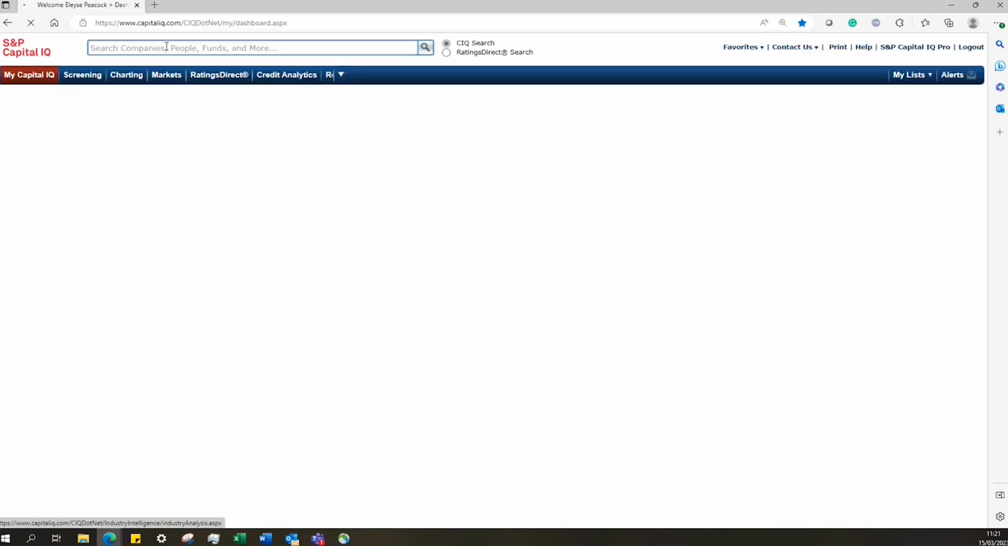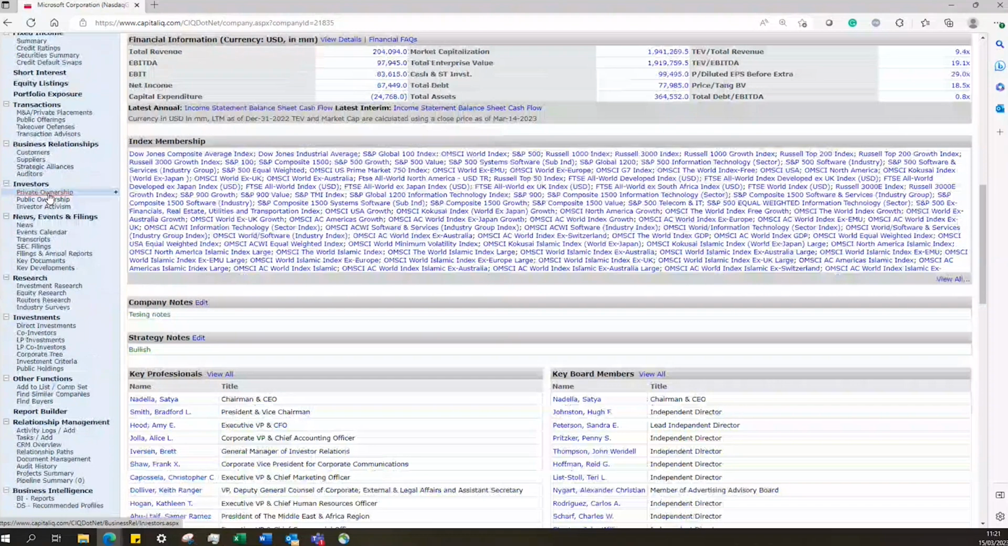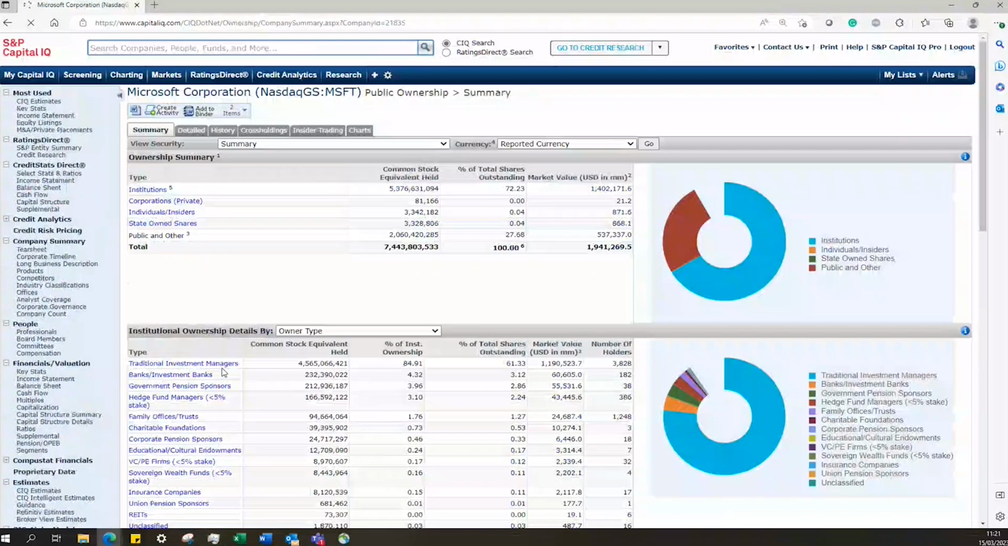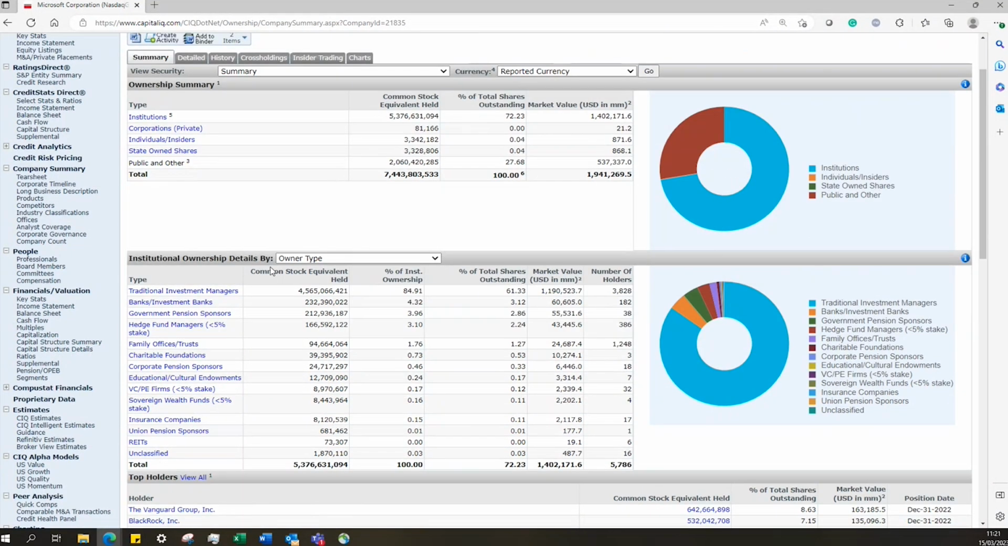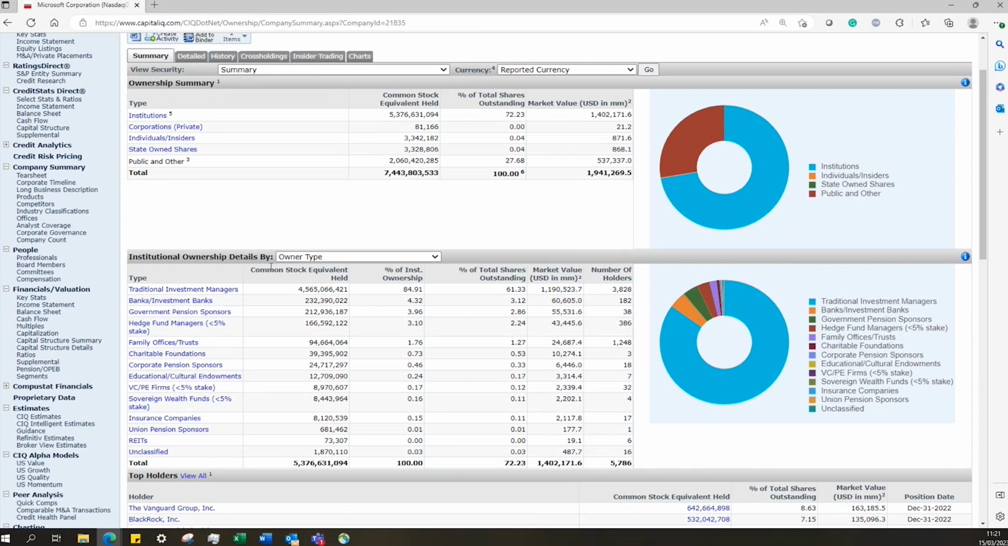Yeah, so just coming to ownership. So I'll just click on public ownership. Obviously, this gives us information about shareholders. So you can see here at the top, we've got the type of owners that are included. So we've got institutions, corporations, individuals. Obviously, this is just a summary page, but we can also get a more detailed view again by clicking on